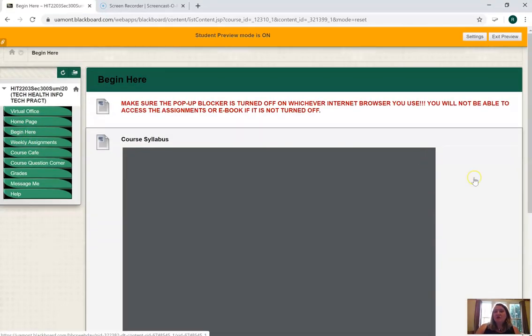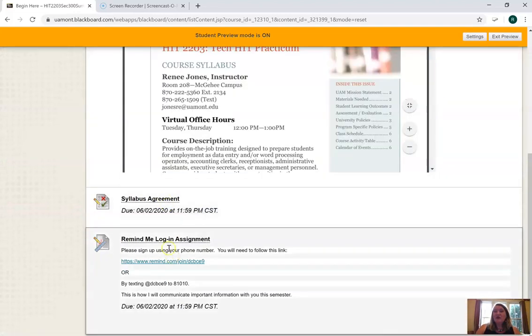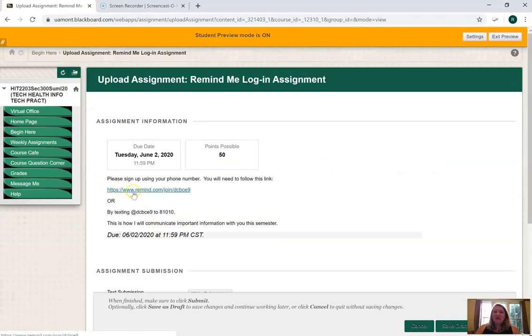So after you've done your syllabus agreement, this is your Remind Me assignment. You'll need your Remind Me app on your phone, and it looks like a little cloud. You can click on that, and if you just want to sign in on your computer, you can click this link here, or if you want to text, it gives you the code that you'll need to text and where you need to text that.